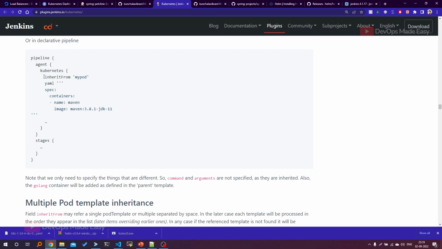And here I also have inherit from. So basically what is this inherit from? This inherit from is very important when you use your internal Docker repository. What happens is, when you define a Kubernetes pod as build agent, and if you define only one container image, which is Maven, automatically Jenkins will try to create one more container, that is the JNLP container, which is the Jenkins inbound agent,